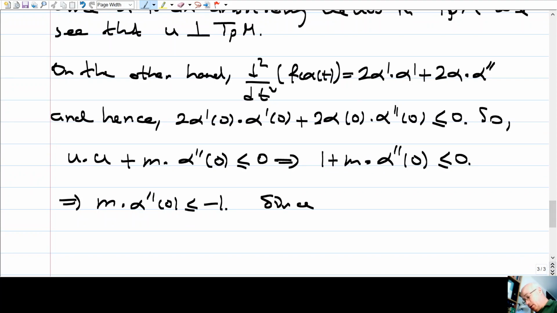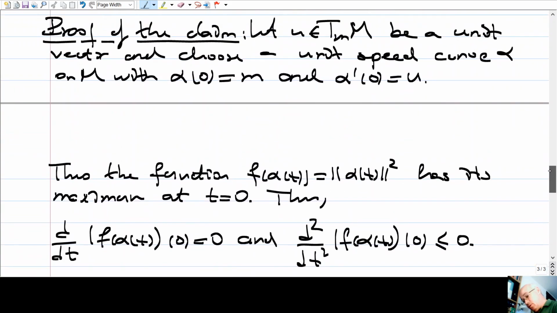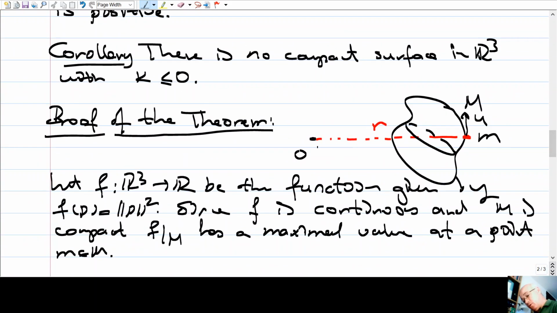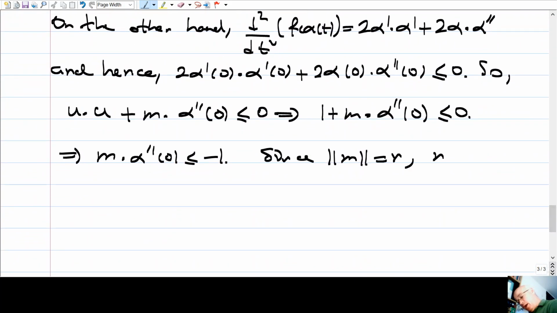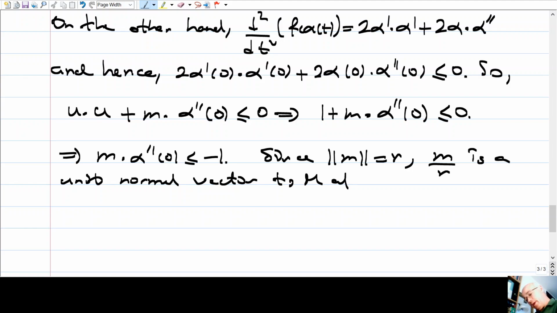Since the length of the vector m is r, right? Remember, r is the length of this vector. So if I divide that vector m by r, I get a unit vector. m over r is a unit normal vector to M at this point. Okay,